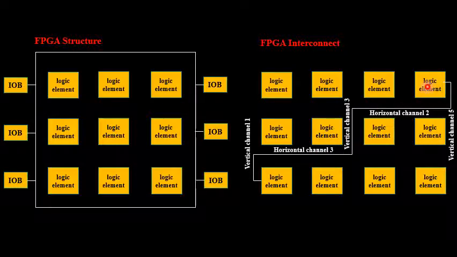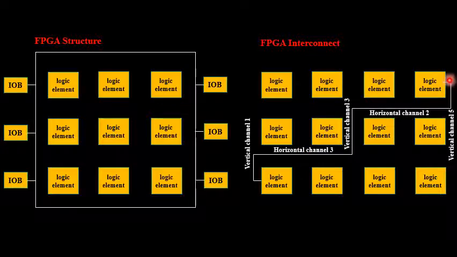Suppose I want to make a connection from the end of this first row logic element to the start of this logic element of the last row, then it has to traverse in this particular manner. From the logic element's output, I have to move downwards through the vertical channel 5 until it finds the horizontal channel 2. This is just our naming representation in terms of 1, 2 and 3. So there may be plenty, or n number, of vertical as well as horizontal channels which connect one logic element to another, and depending upon which logic element you are going to connect first, the channel numbers you are going to prefer.